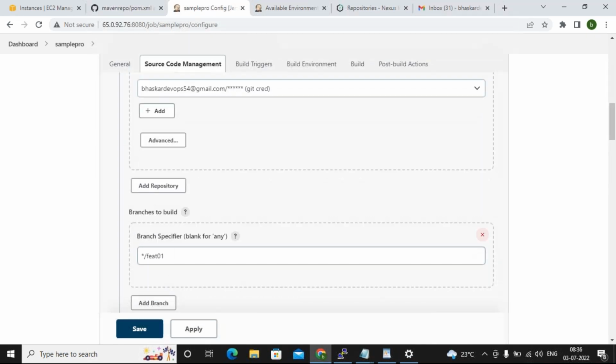Now my request is I want to use my own branch. I mean, I should provide the branch name. I don't want to go with hard code. Any name I want to define, I want to go with my own branch name.